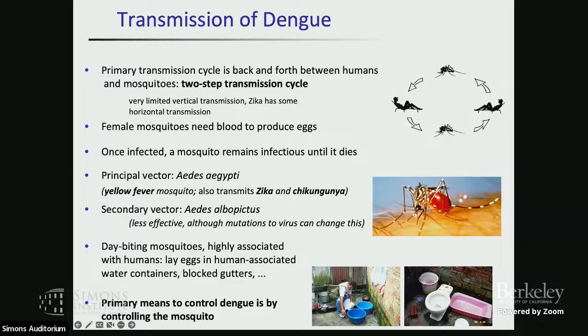And as I said, because we don't have vaccines or antivirals, the primary way of controlling dengue is by controlling the number of mosquitoes. That's something I've worked on for a long time, but I'm not going to talk about the main thing that I work on in that. I actually work on development and deployment of genetically engineered mosquitoes that have been engineered to be resistant to dengue. And that's usually what I talk about, but I won't talk about that today.